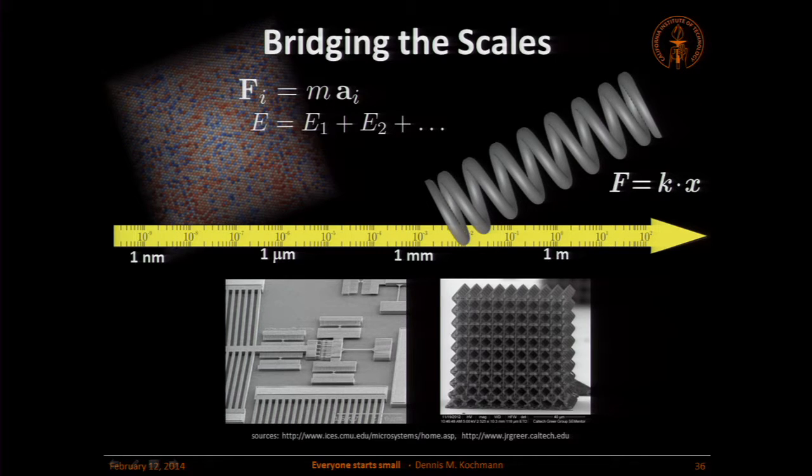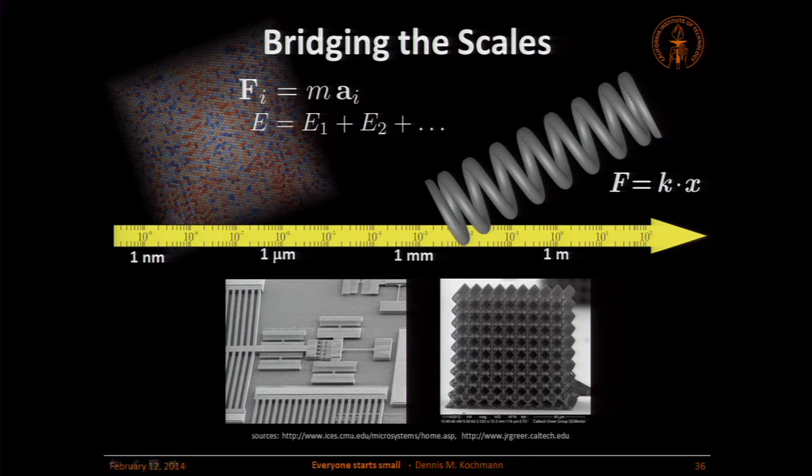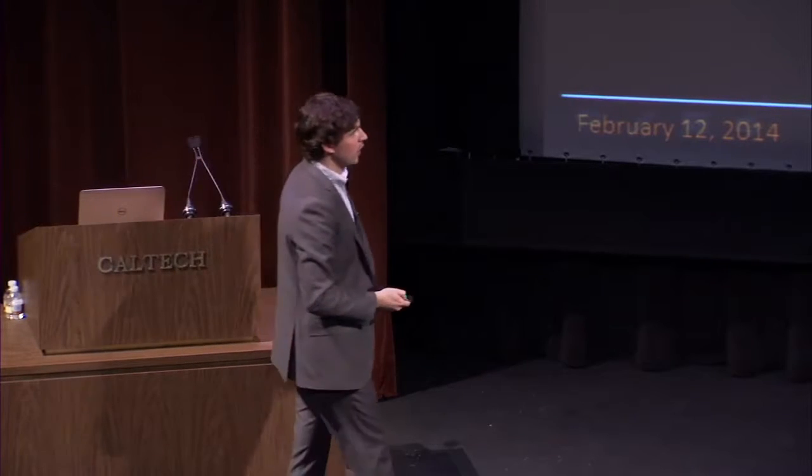And here are two examples. What we see on the left down here is a tiny microelectromechanical device. These little guys are microelectronics that you can find in all of your iPhones, iPads, iPods, everything with an I in front. There's many of these nowadays. Over here you see another example that I'll go back to in a couple of slides, made by my colleague, Professor Julia Greer here at Caltech. This is a tiny structure. And both of these live on scales that are right here in the middle. They live on scales where we cannot use this anymore because these are so small you actually feel the individual atoms. But they're way too large to be atomistic. They're here in the middle. That means 10 to the 20 atoms. We can't do this, even on the fastest computer. So we have to do other things.